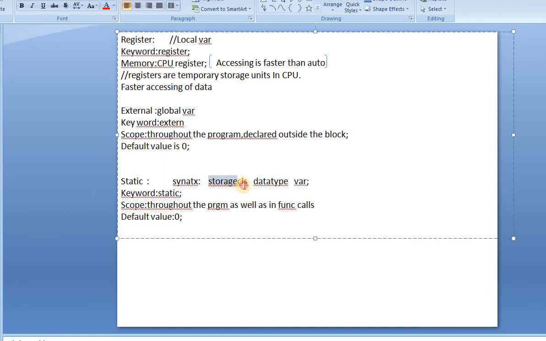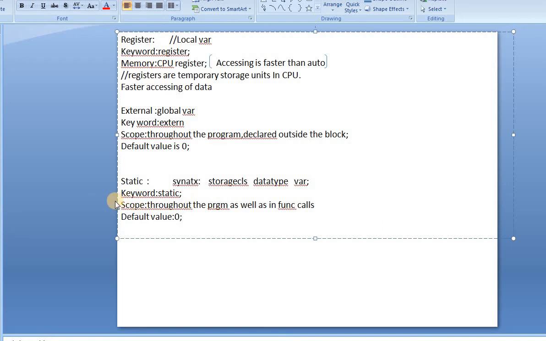In place of the storage class we can declare either auto, extern, register, or static. The output will be the same, but there is a difference in the storage of the data. When we declare with register, it gets stored in the CPU registers. When we declare with the automatic storage class, it gets stored in the RAM.